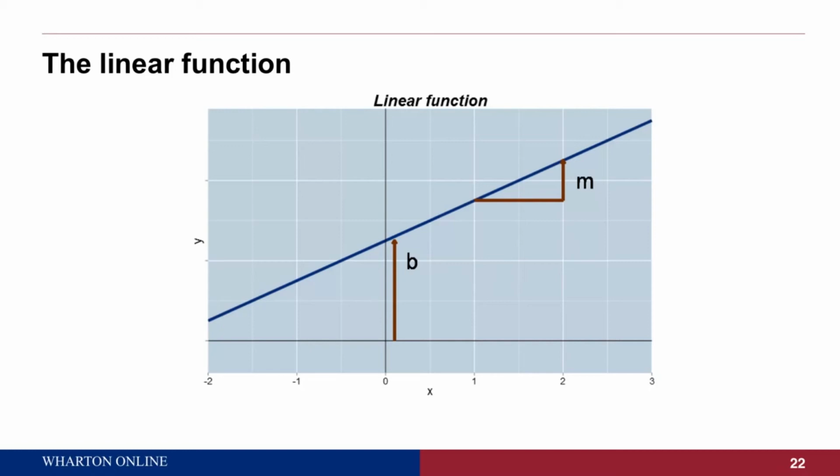Now here's the essential characteristic of a straight line. It is that the slope is constant. Wherever you look on the graph for any value of x, the slope of the graph, that value is always the same. It's always m. So as x changes by 1 unit, y goes up by m units regardless of the value